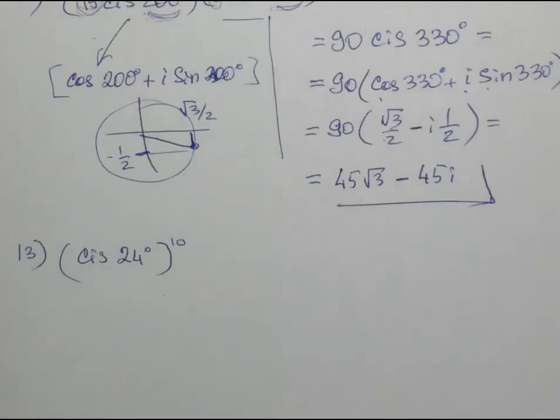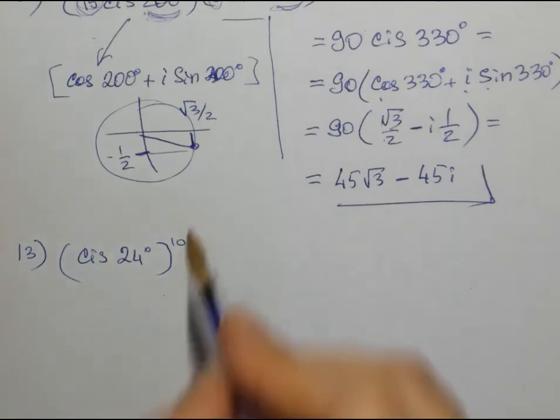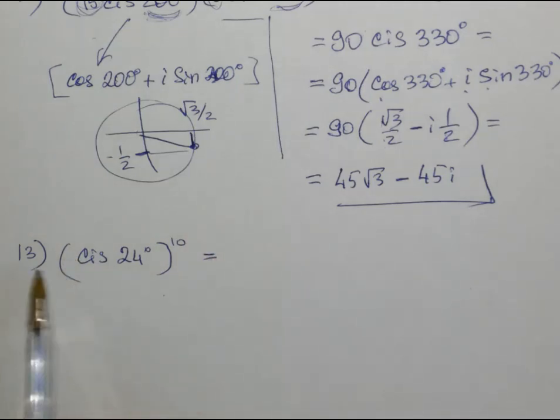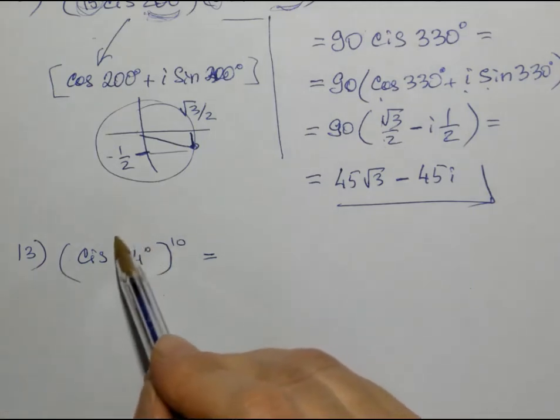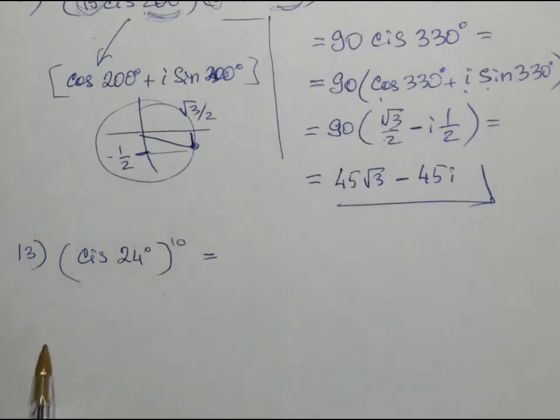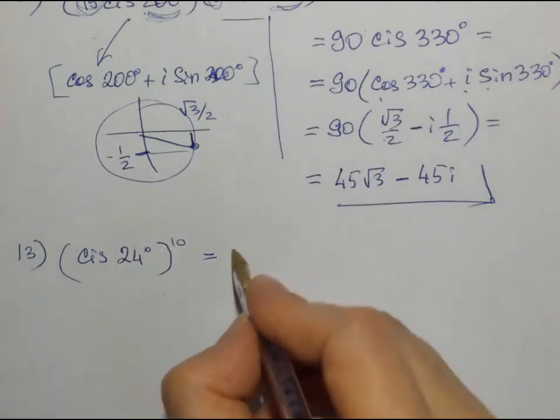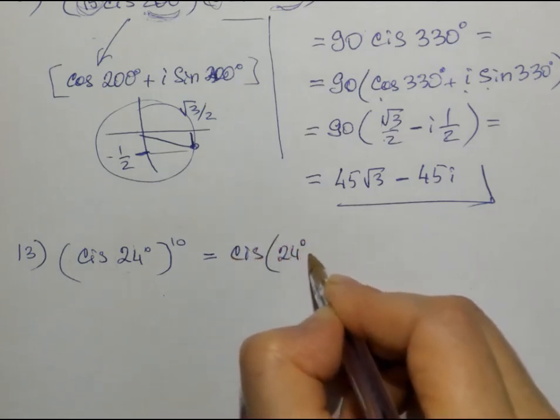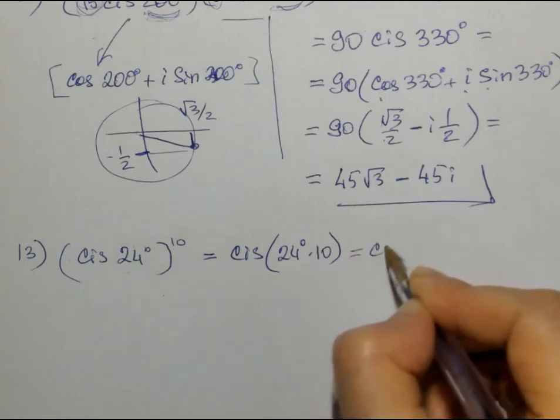The next problem, raise to the 10th power, cis 24 degrees. For raising a complex number to a power, we have a beautiful de Moivre theorem. If you had a coefficient here, just raise it to the power 10, but we don't have a coefficient, and the angle must be multiplied by the exponent. So it is equal to cis 24 degrees times 10, or cis of